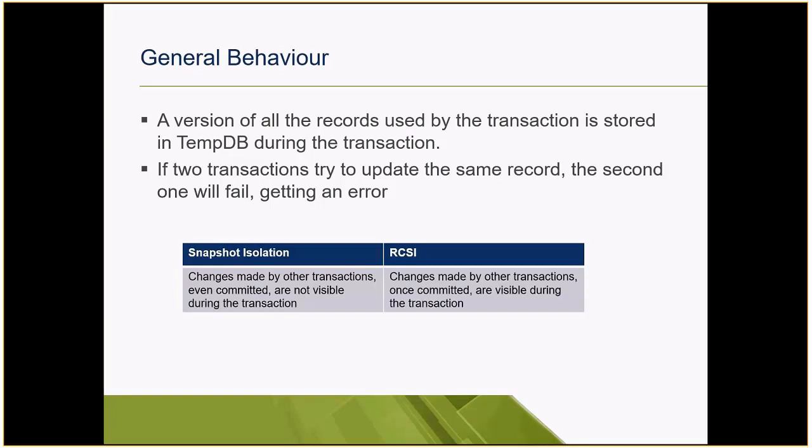But this is not the main decision factor here. The main decision factor is the fact that for a snapshot isolation level, your application will need code changes. Your application needs to be planned for the snapshot isolation level because it will need to set this isolation level in the code of the application. The RCSI, on the other hand, doesn't need any change on the code of the application.